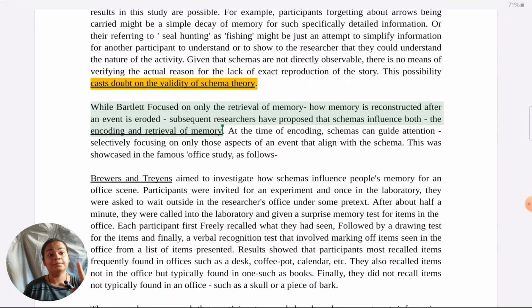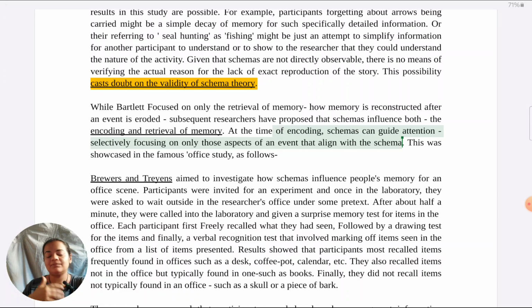That's a good transition. So here you can see Bartlett's study has mainly focused on retrieval of memory, because he said while remembering things, we tend to remember according to what we have learned in our culture. But what about encoding? Can't schemas also influence what we record in the first place, or what we encode in the first place? That is something which Brewer and Treyens have shown. So at the time of encoding also, schemas can impact what we are paying attention to. So argument 2 is defined and it is related with the first argument. So both the things are met.